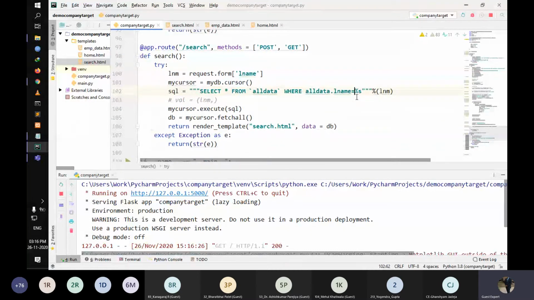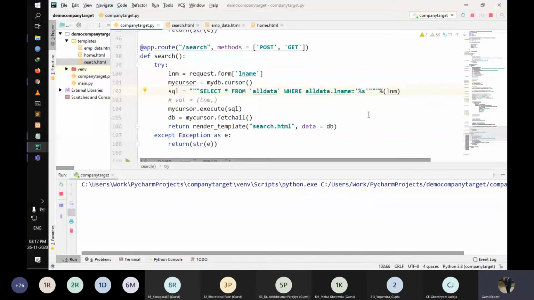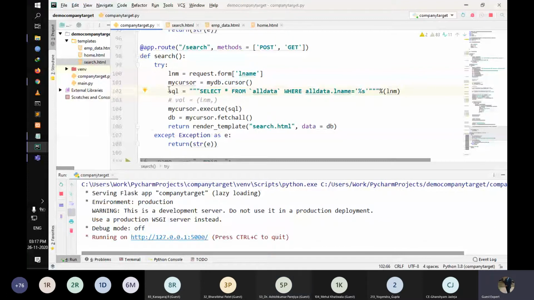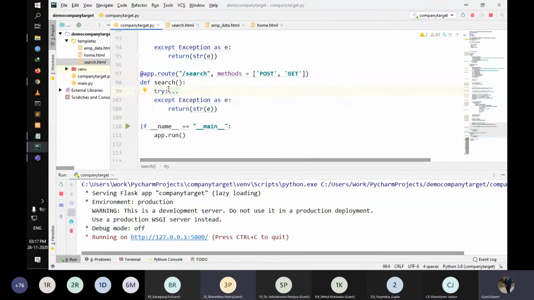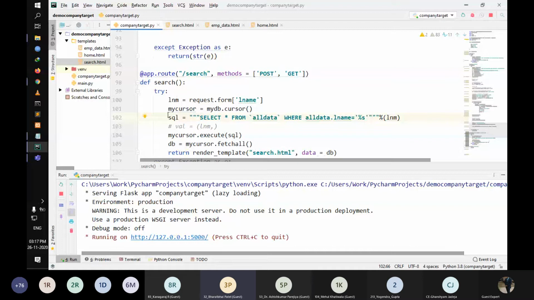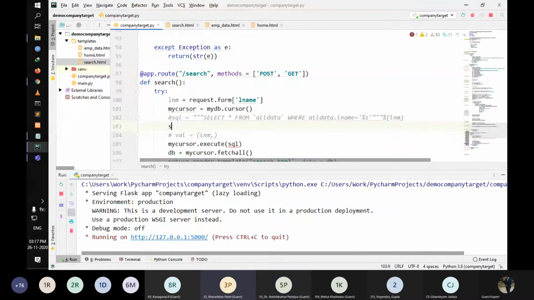I think percentage s is not required now. No, it's required, sir. Actually, we are printing as a parameter of string. Two times percentage is okay. I don't know that two times.